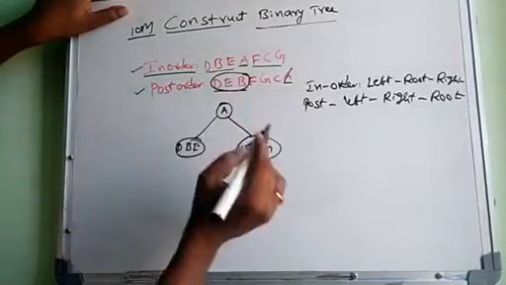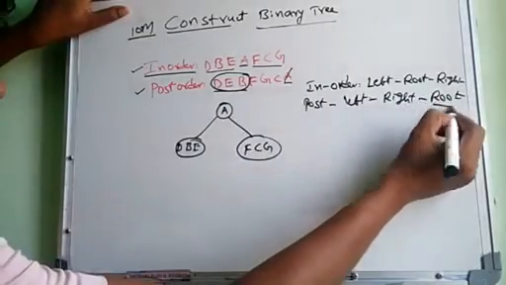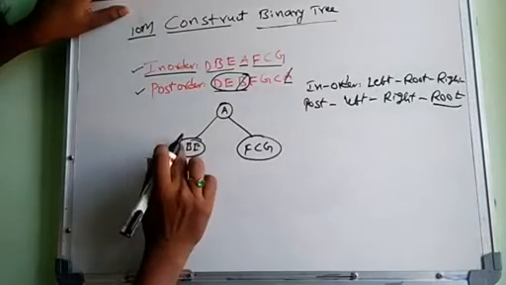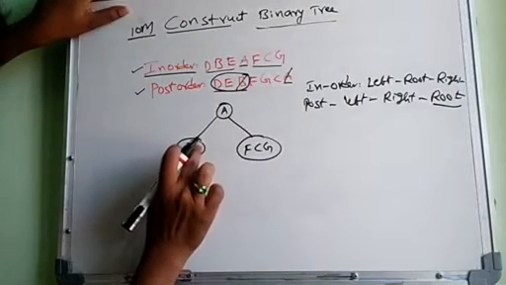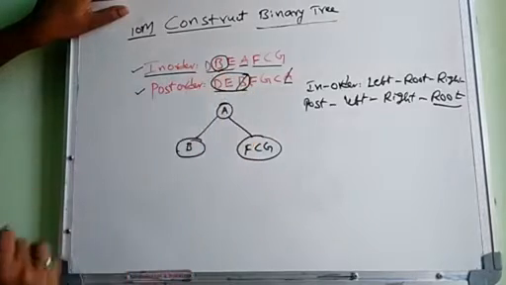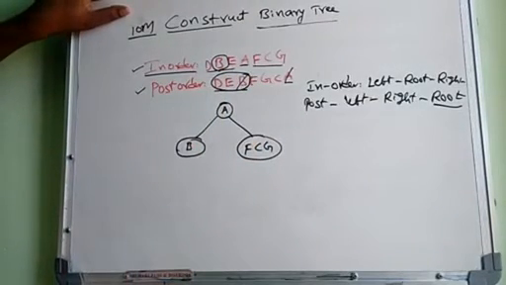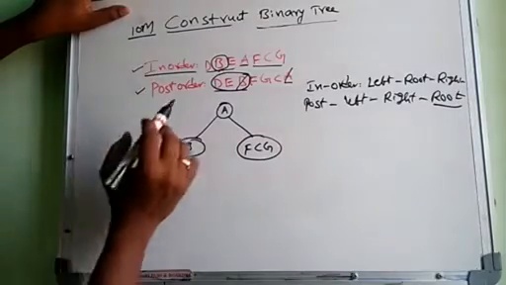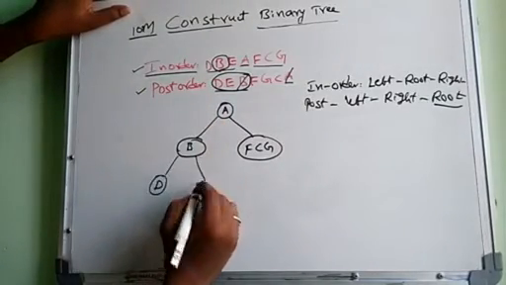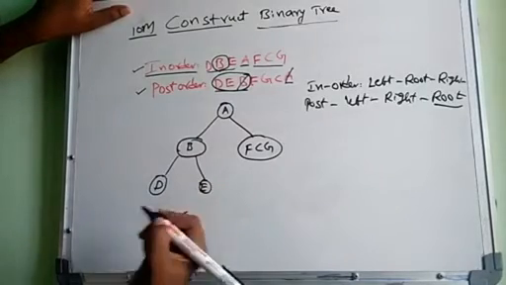The post order first root is present at the last position. So then B is the root. So I will remove the B, and from the B, to find the left and right child of the B node, go for in order. In order, left is D from the figure, right is E, as clear.